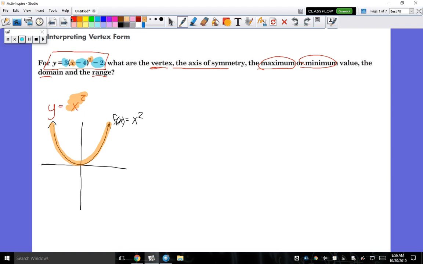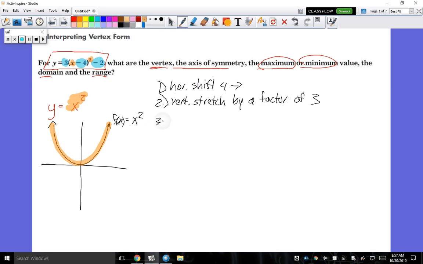So what's the first transformation that you guys see? Horizontal shift right. Yep. So we're going to say horizontal shift 4 to the right. And then vertical, yep. Vertical stretch by what? Yep, by a factor of 3. So even though this is a new unit, there's still some correlation for sure for the test that you're going to have next class. And anyone, what's the last one? Yep, vertical shift